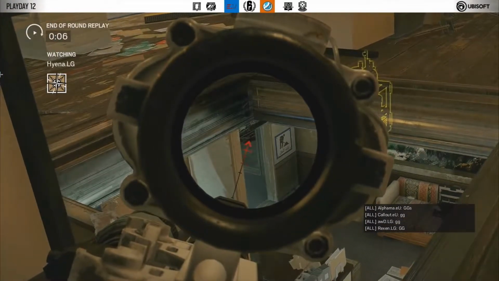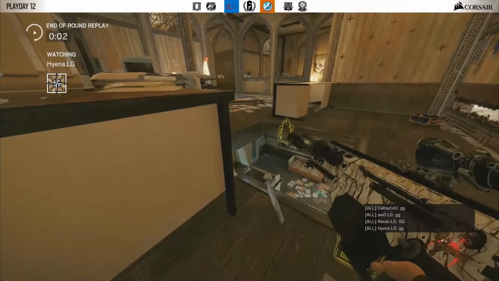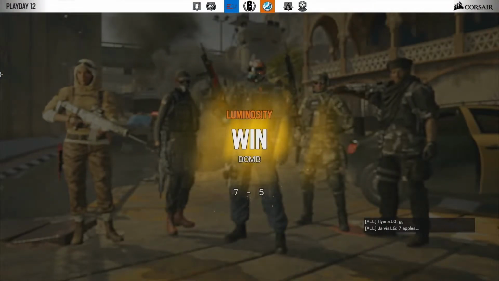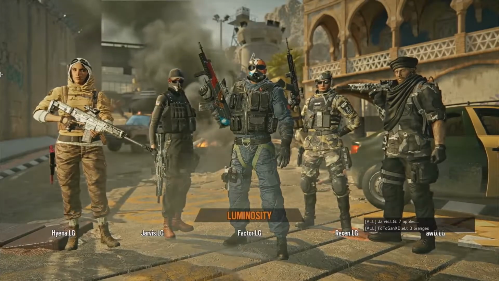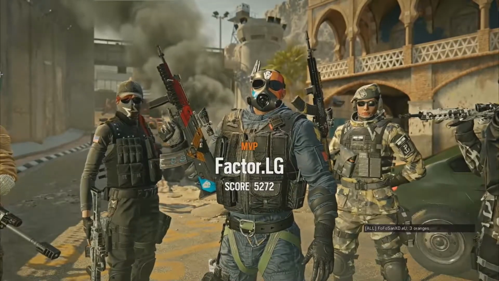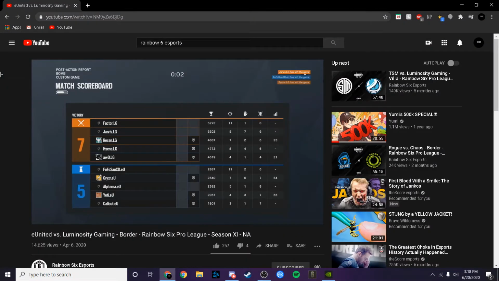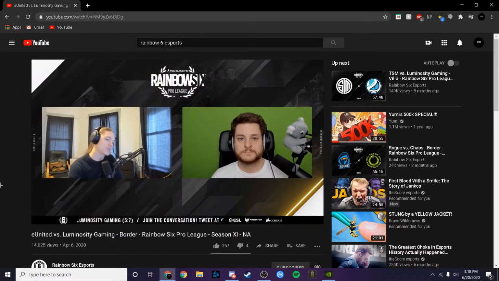Yeah, so eUnited just didn't have the sufficient intel to break apart Luminosity's attack, because Luminosity just had the perfect positions to get the isolated defenders. So that was just beautiful attack from LG. And United, their aggressive play style is what kills them on defense. So yeah, that's